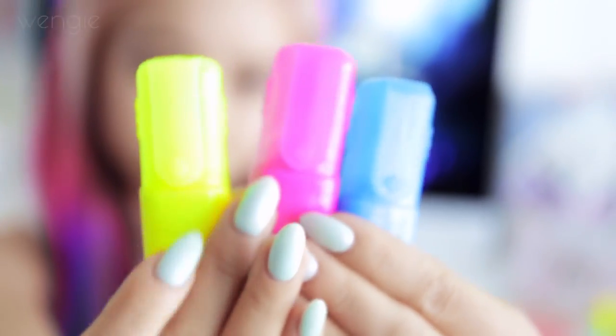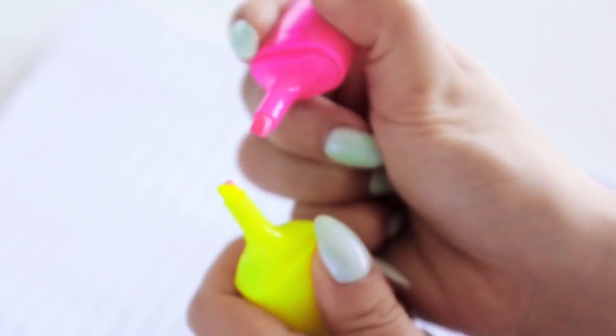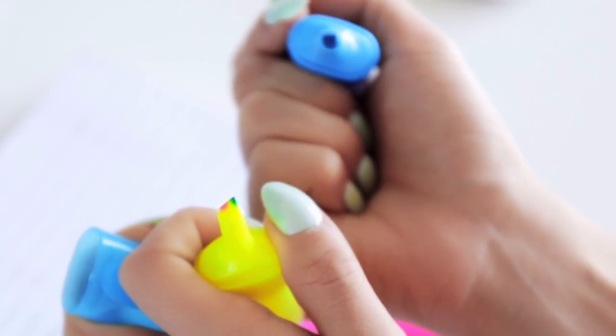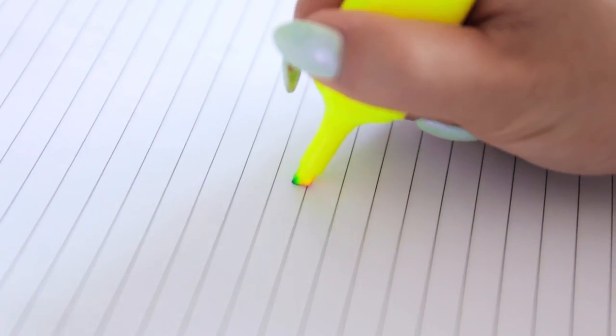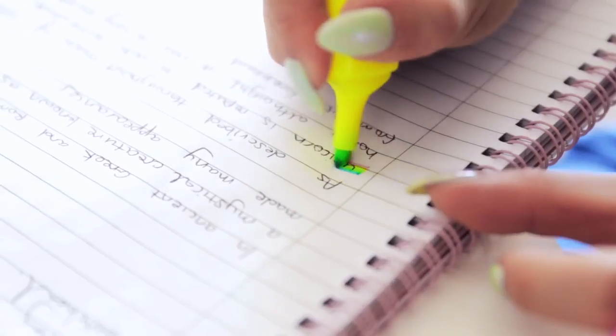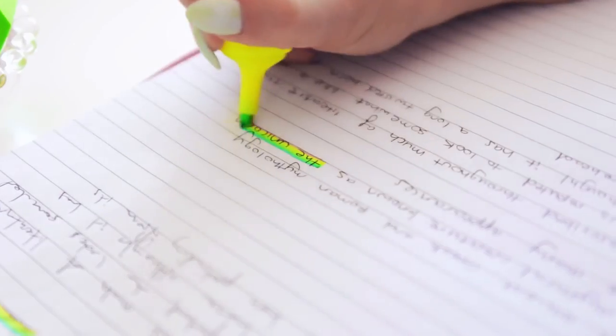Take a yellow and pink highlighter. Take the pink and color one corner, then take the blue and color the other corner, leaving a bit of yellow in the middle. The blue will run into the yellow and create green. The pink will run into the yellow and create orange, and it'll just blend, and yeah, it'll make a pretty